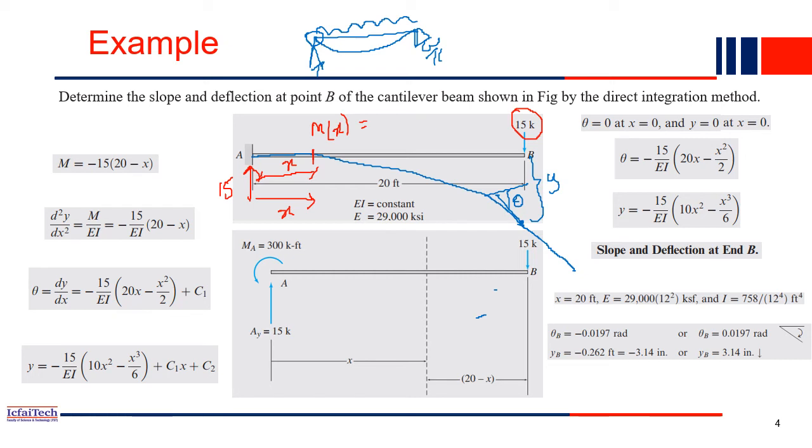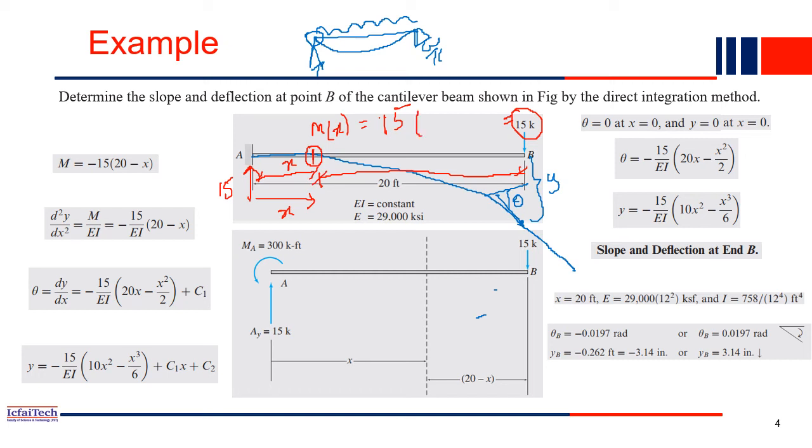So now if you are finding out the moment at this point, then moment will be how much? What is force into distance, right? So only one force is acting on this left side, 15. So you will have a 15 into distance, right? Distance is how much? Or maybe on the right side you can consider. So this is a load, 15 is acting, and what is the distance? The distance is this entire distance, right? So what is this distance? So total is 20 feet.